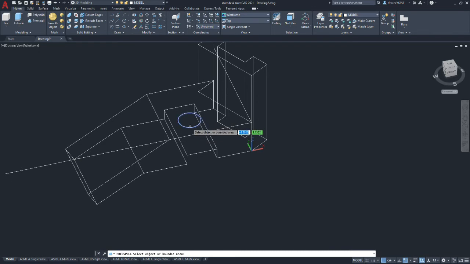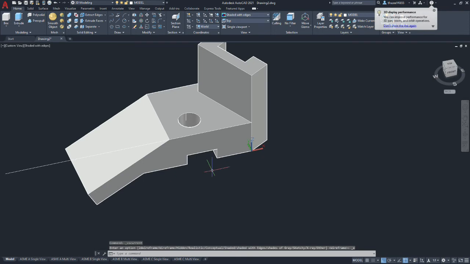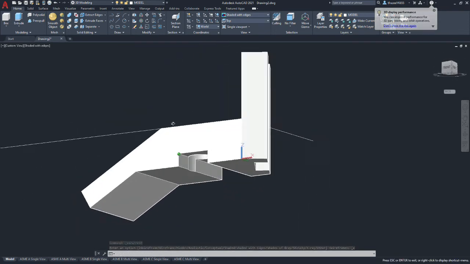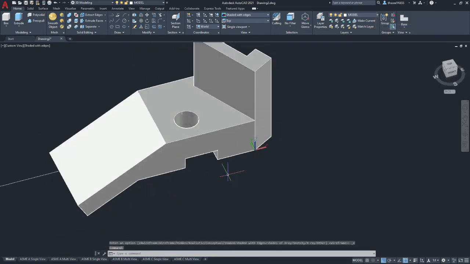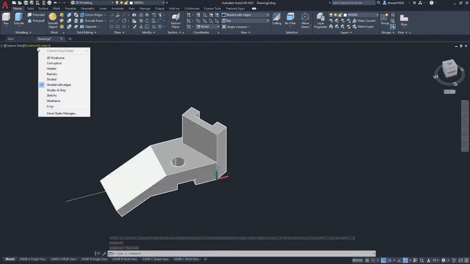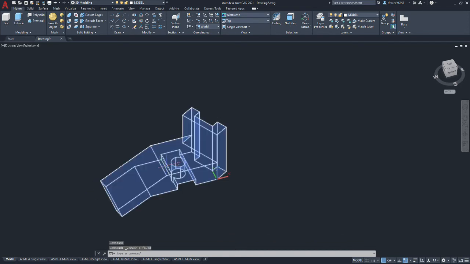Press pull. Three inches, it should go all the way through the part. You should have a result that looks like so. So if we were to switch to shaded with edges, we have a hole that comes through that partially intersects the slot. All right. So let's go back to wireframe, and let's delete these two pieces of construction geometry. It's good house cleaning.